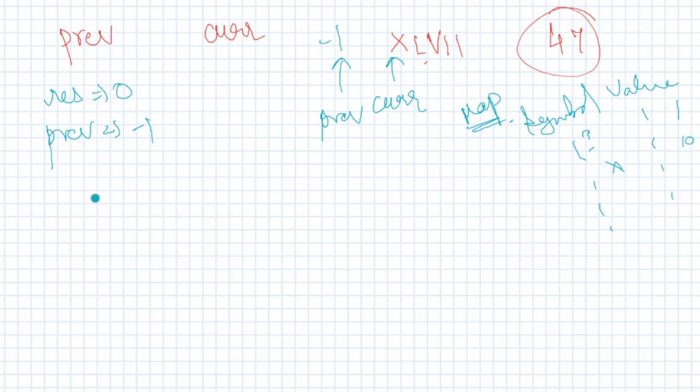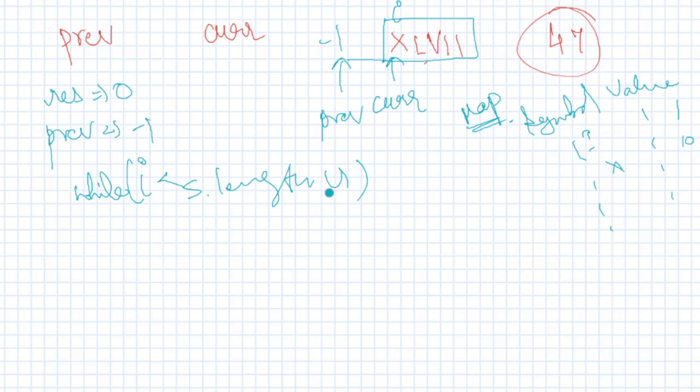Okay. What you'll do, you'll run a loop until these elements are finished. That means you could say you have some pointer I, or you have something that is while or for, whatever you want to take, I less than s dot length, or you can take a for loop too. Now what you are going to do is,